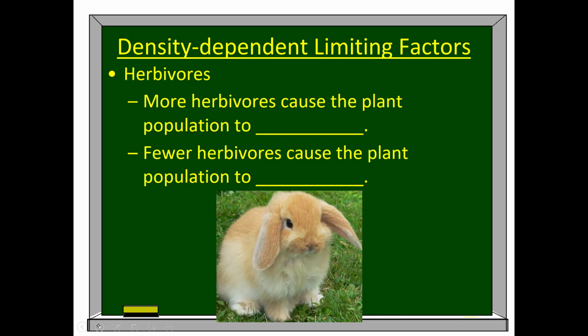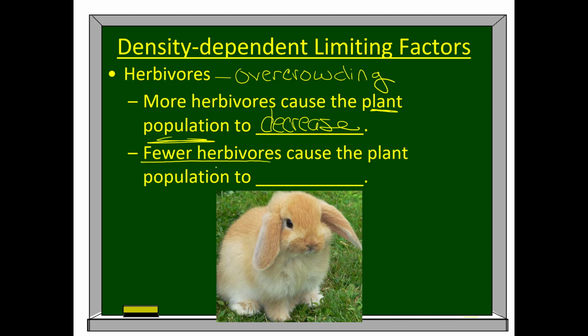Now, another one, density dependent, is herbivores. More herbivores cause the plant population to decrease. So think about what we've talked about with our types of consumers and our food chains. If we have overcrowding, a very, very dense population of herbivores, that's going to affect our plant population by causing it to decrease, because those herbivores are going to be eating a lot more of those plants. Now, if our herbivores are less dense, a fewer group of herbivores, that's going to allow our plant